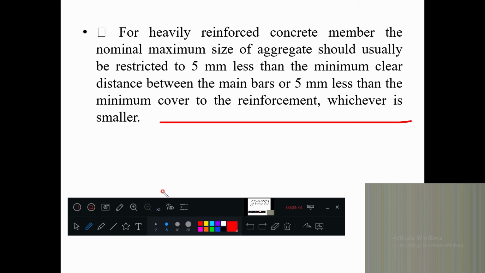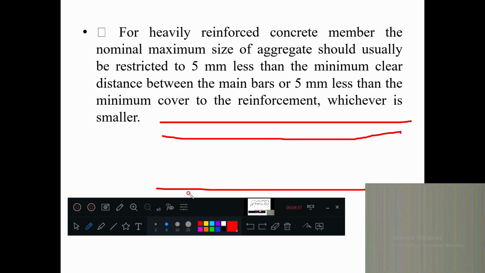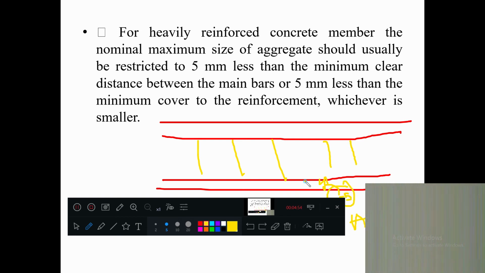If this is the beam cross section, these are the bars running here, and these are the stirrups. Whatever the cover is, less 5 mm should be the aggregate size. If this is 20, you can have 20 minus 5, 15. You can have aggregates up to a maximum of 15 mm.